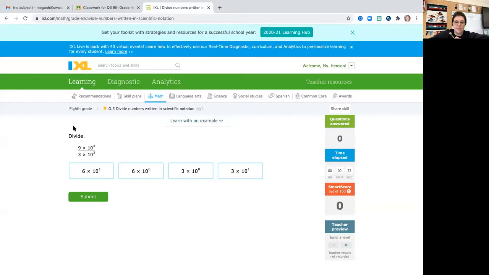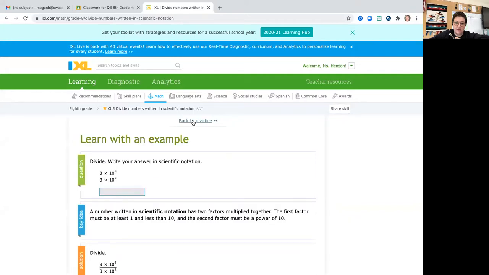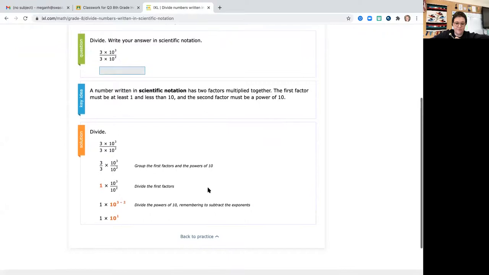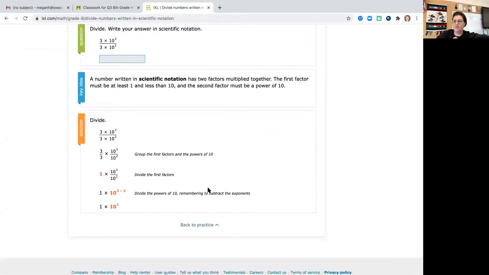Dividing is a little bit different. You don't have to do any of the changing that we did in addition and subtraction. So let me pull up IXL so you can see it real quick. Okay, you're gonna see numbers like this, where you're gonna be dividing two different numbers that are in scientific notation. Again, you can always click on Learn with Example. This is a new system from what we were just doing, so I wanted to show you what it said